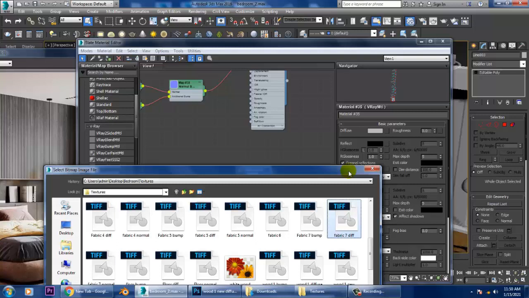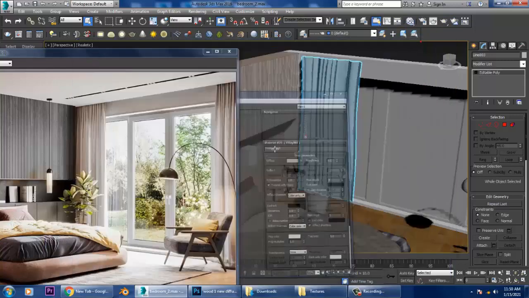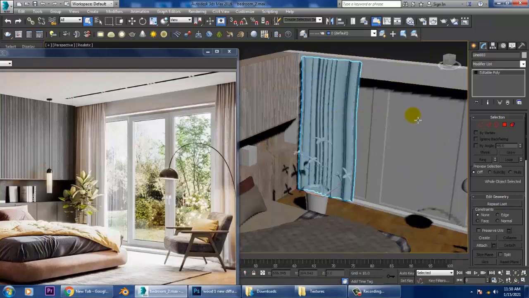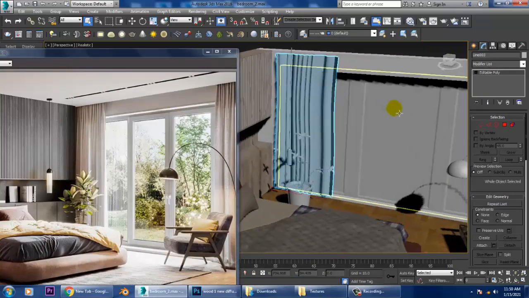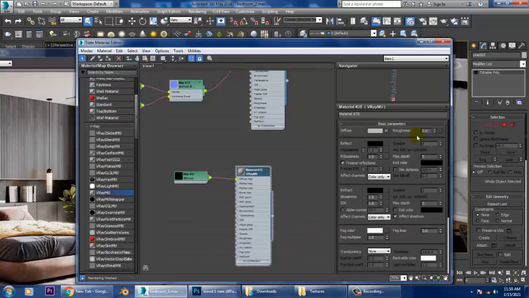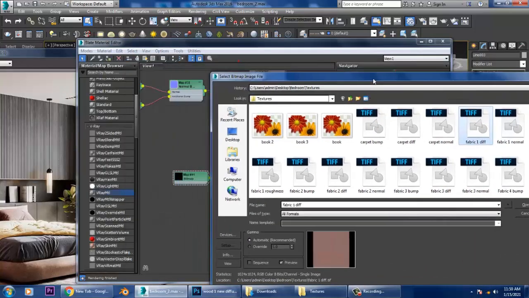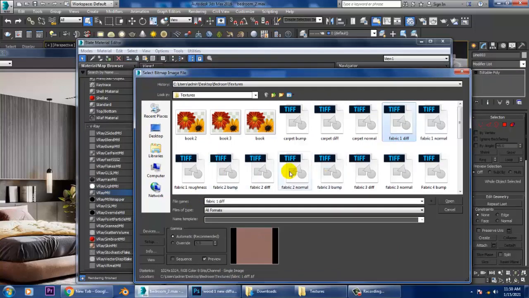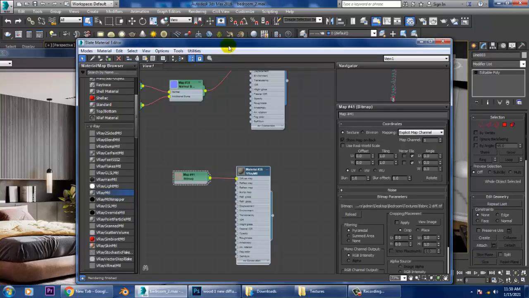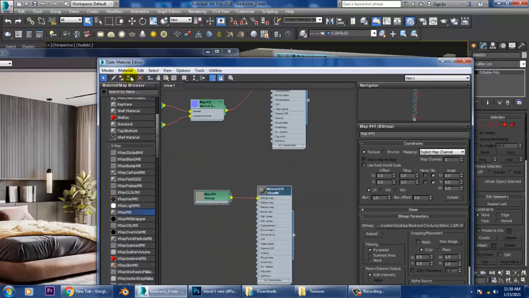So what I want over here is to texture this stuff. We need a bit of a light color curtain over here. So let's go into this material, none, and let's check this out. Fabric 1 won't go with this. Fabric 2, we can go with fabric 2, that's also good over here. We can assign fabric 2 over here.